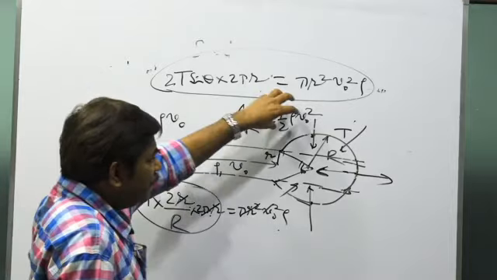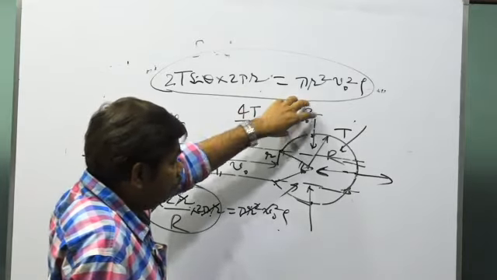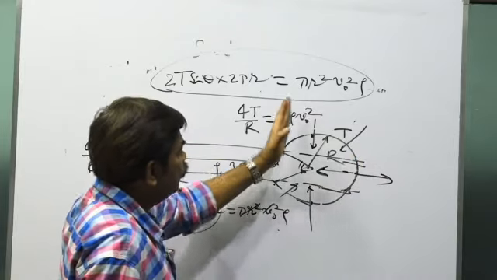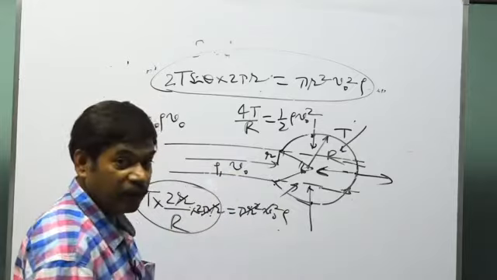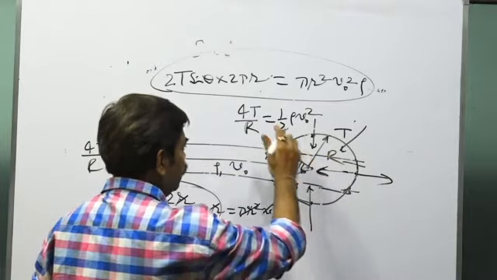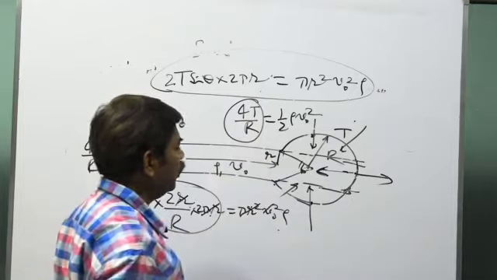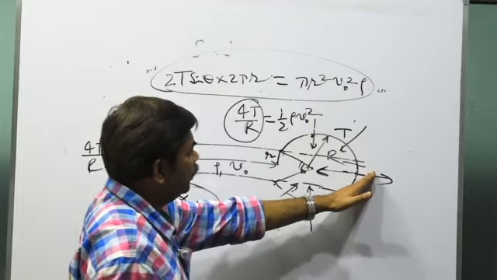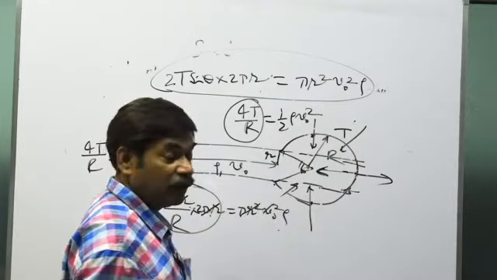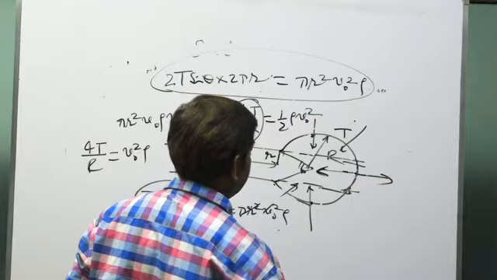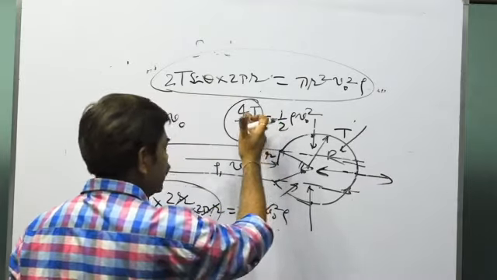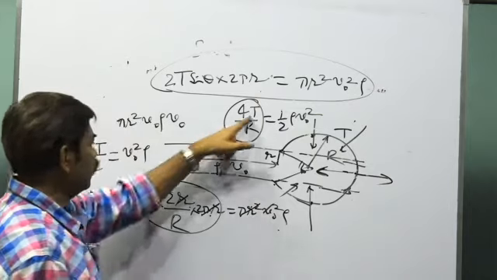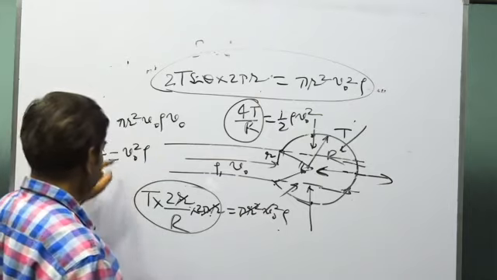So there is a kinetic head, but when the same kinetic head strikes here and is stopped, it will generate a pressure head of what? Half rho V naught square, and that equals 4T by R. In this case, the solution becomes simple because you always remember this formula 4T by R, and you already know the kinetic head gets converted into pressure head. So this pressure is equal to 4T by R because this pressure will be generated in the outward direction, and this pressure generates a force in the inward direction. Is that clear? So here there is a difference of half, but I prefer this solution.